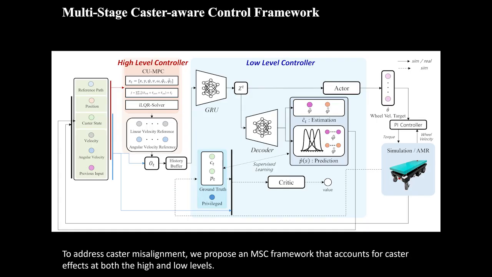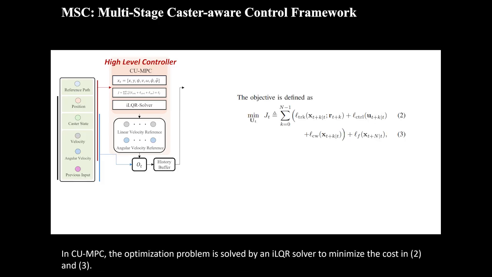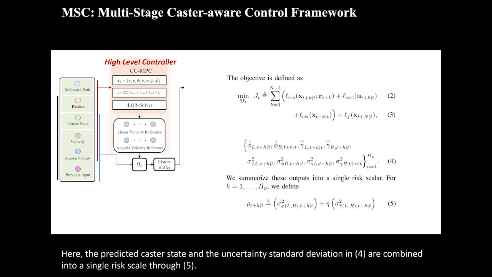To address caster misalignment, we propose an MSC framework that accounts for caster effects at both the high and low levels. Our framework first feeds the high-level CU-MPC with the estimated and predicted caster states, along with the robot's speed and position. In CU-MPC, the optimization problem is solved by an iLQR solver to minimize the cost in 2 and 3. Here, the predicted caster state and the uncertainty standard deviation in 4 are combined into a single risk scalar